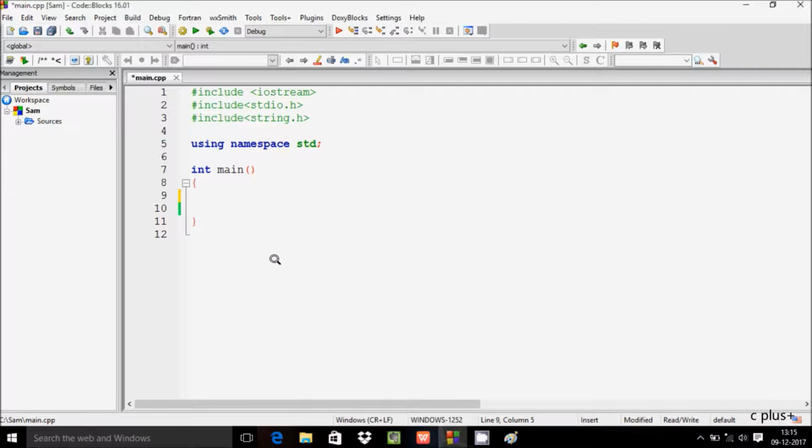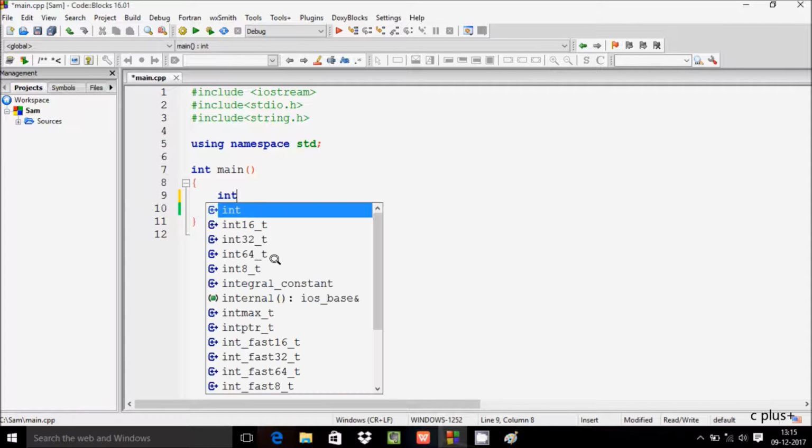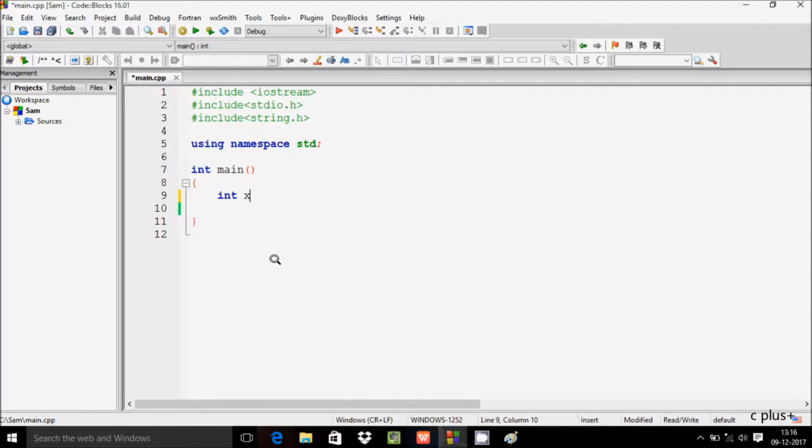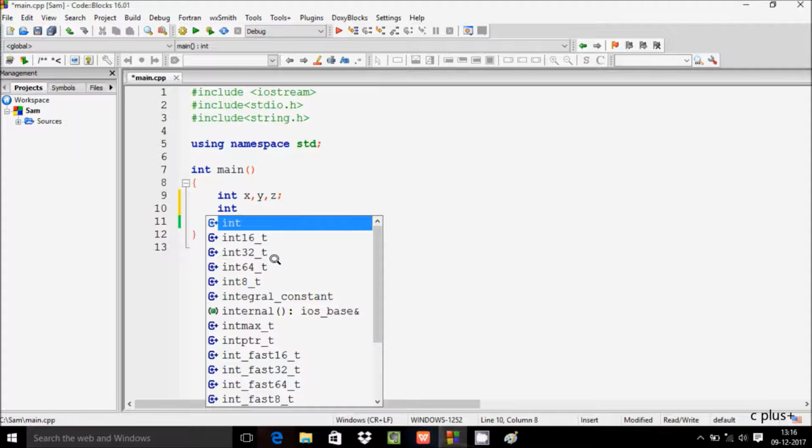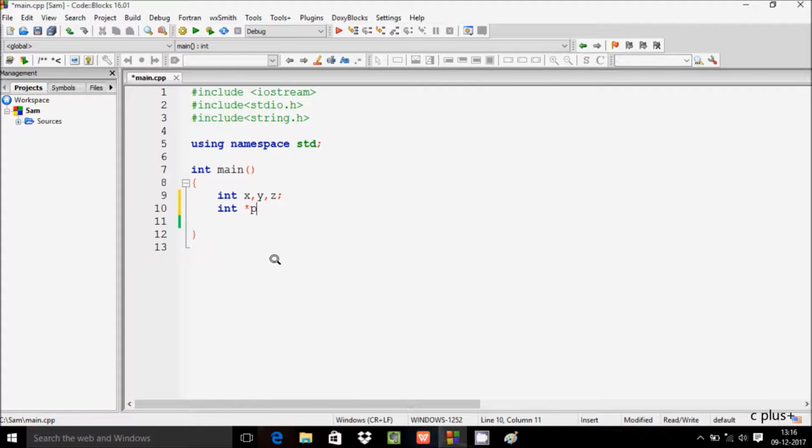So let's write code inside the main function. Here I'm going to take integer variables x, y and z. Hereafter I'm going to take integer type pointer variables *p1, *p2, *p3. Here you can say star or asterisk. Now let's write a printf function. Here in a new line I'm going to print "enter two numbers",